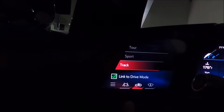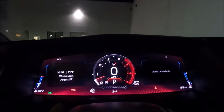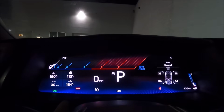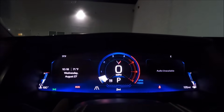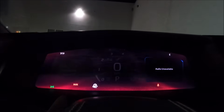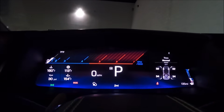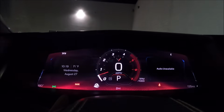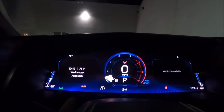Now that we're over here, might as well play around a little bit more. You can change your layout, or it's linked to drive mode. So as you change your mode selector, this will change as we were doing a little bit earlier. Well, there's sport. I just changed it to sport. See, I was in touring. I went up to sport. Back up to touring. Let's come down to track. So we were in track, I moved up, went to sport, moved the toggle on the mode selector, touring, but